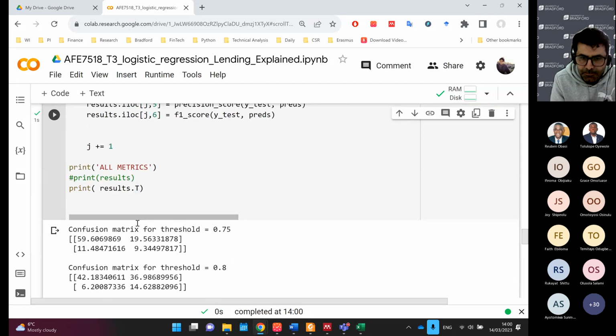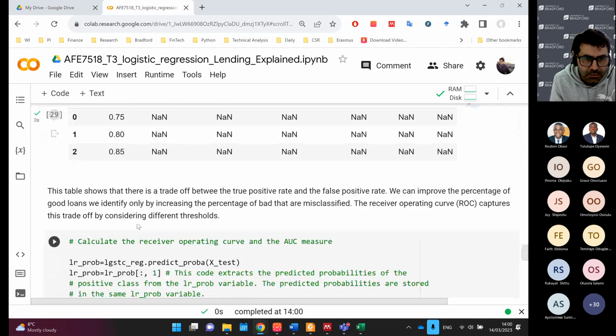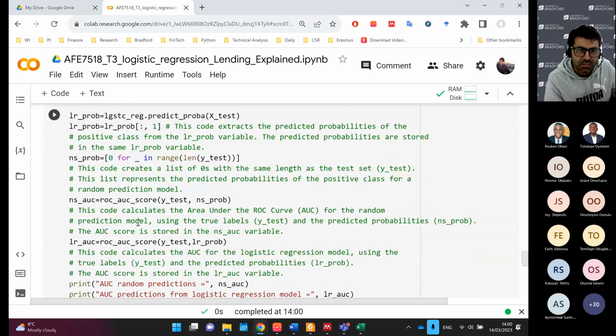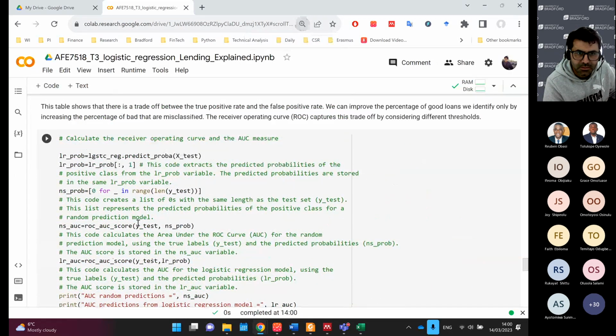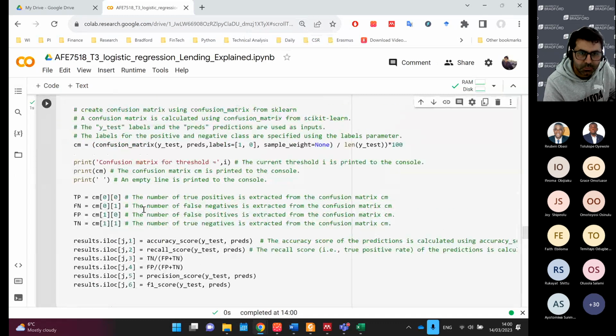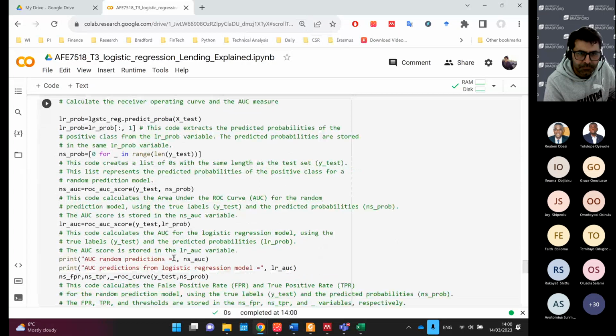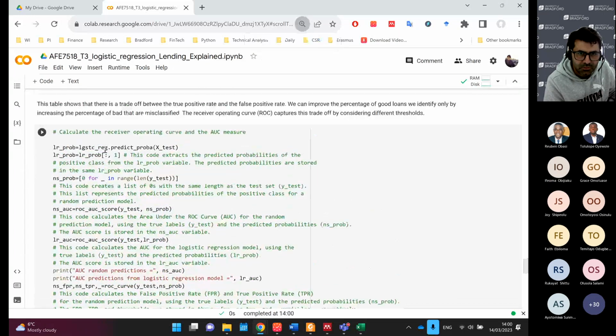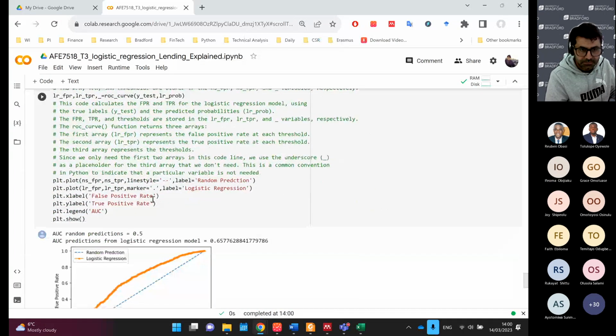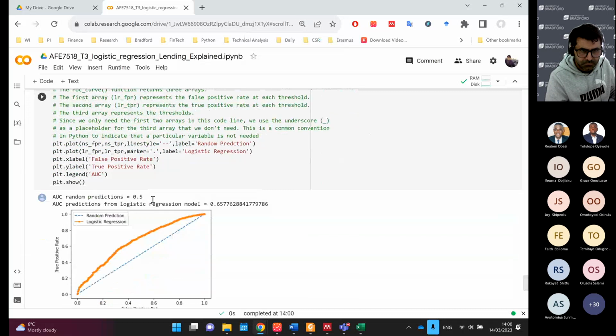Any questions, guys? So it looks a little bit tedious and complicated, I know, but believe me, if you go over it one more time, you will see it's not very complicated. And we have one more thing, which is calculating area under the ROC curve, which we are going